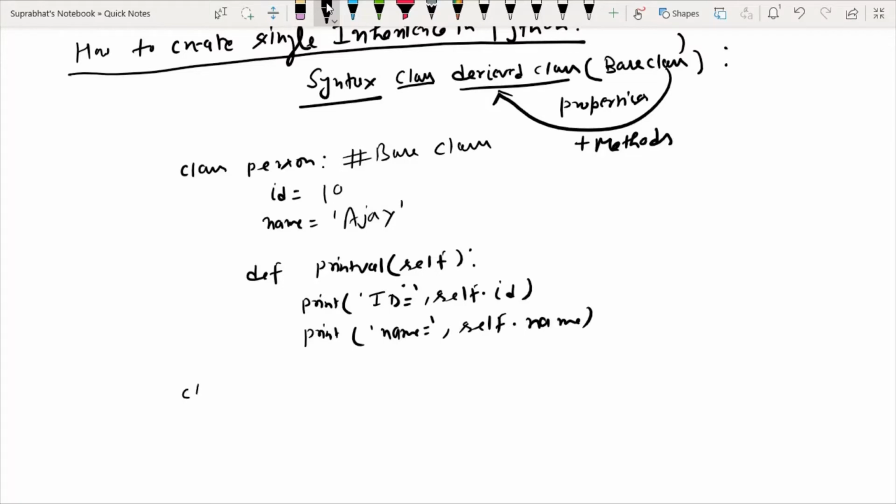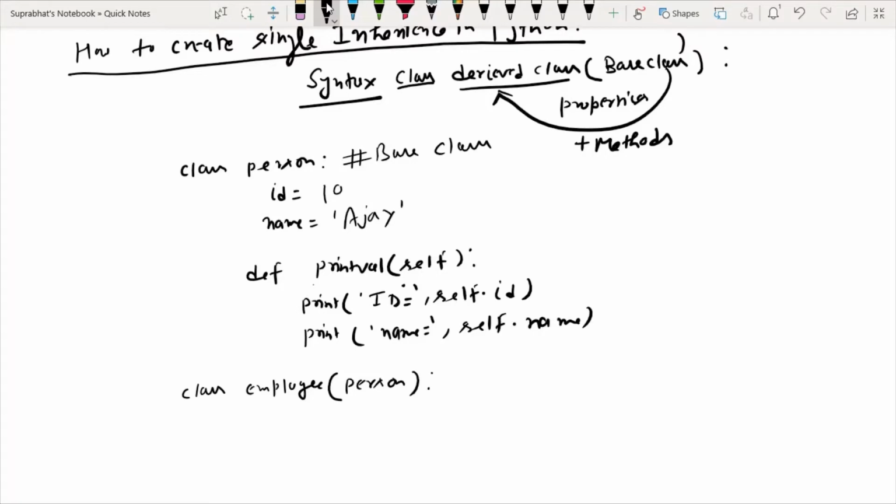Suppose this class is Employee, and inside the brackets I write the base class, that is Person. Now all the properties of the Person class, that is its id and its name, are available to the Employee class, and the method print_val is also available to the derived class. So this is the advantage.